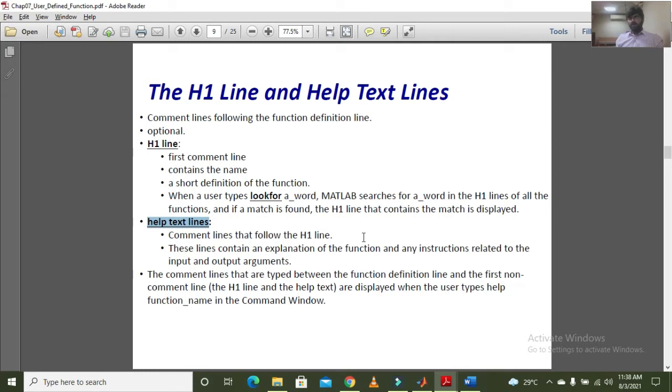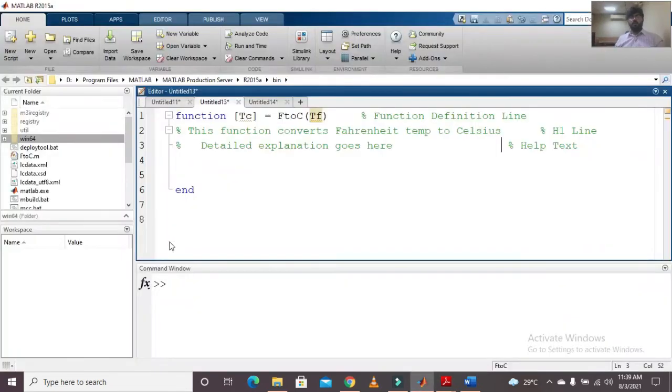So what we have learned so far is that the H1 line should define the purpose of the function, and whatever you want to define regarding the function which is somewhat relevant but not that important, you will define in the help text lines. So let's say I want to define over here that Tc is equal to temperature in Celsius.